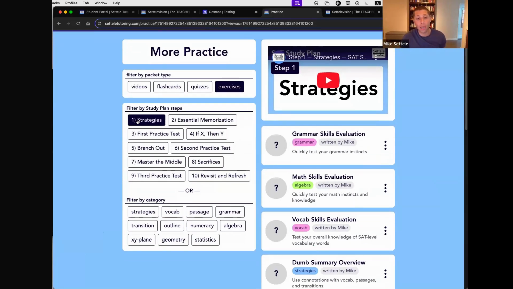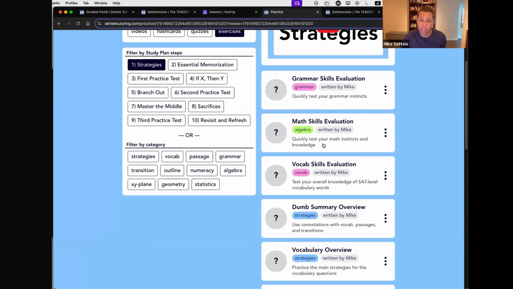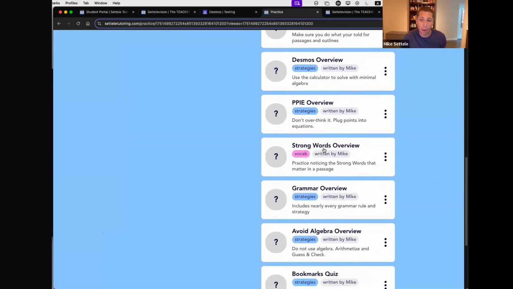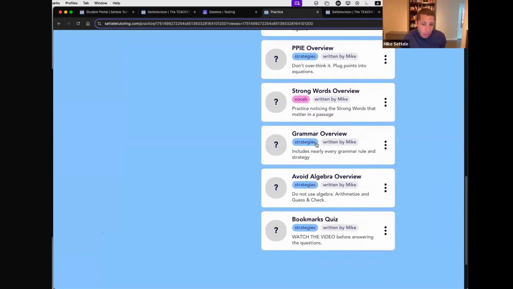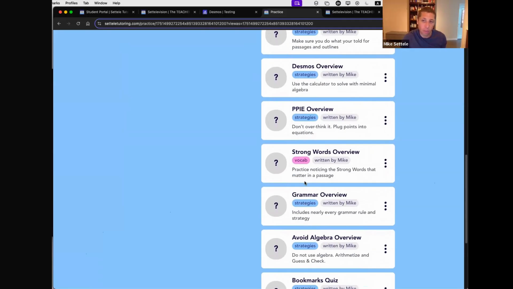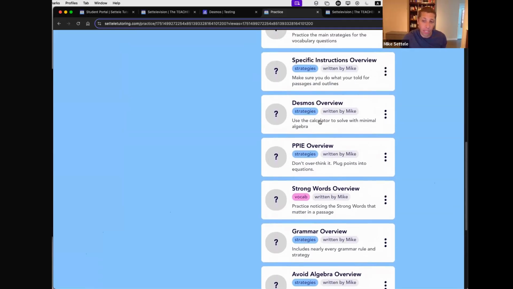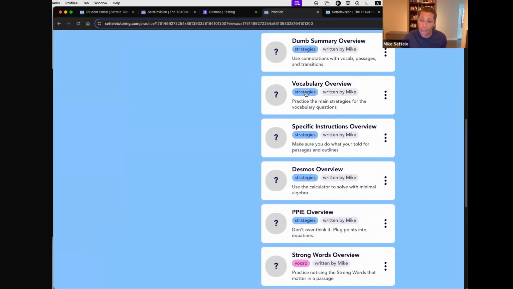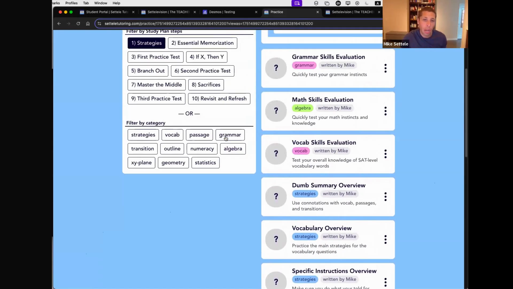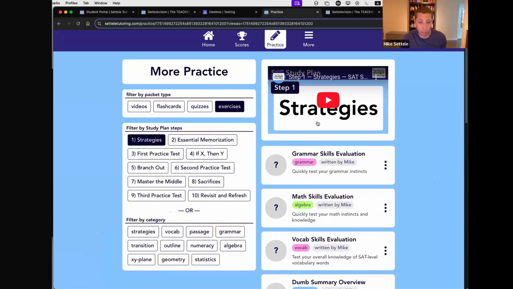So the homework for this week before next class would be to get through pretty much everything that's in this list, this strategies tab, the exercises here, are all going to be things that we've basically talked about. The grammar that we can talk more about next time, that's more of an overview strategy, but all this stuff is really good. The Desmos stuff we didn't get too much into, the vocabulary strategies we didn't get too much into, but that's what these classes are, is to help you understand how these things are going to work so that you can take more time and move at your own pace to get through some more questions with it.